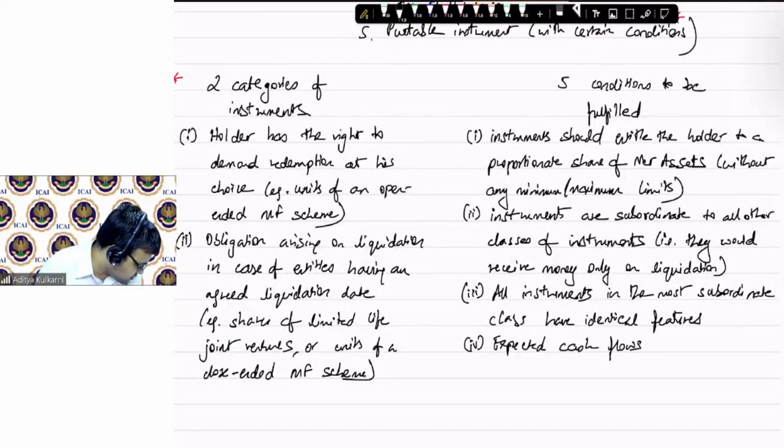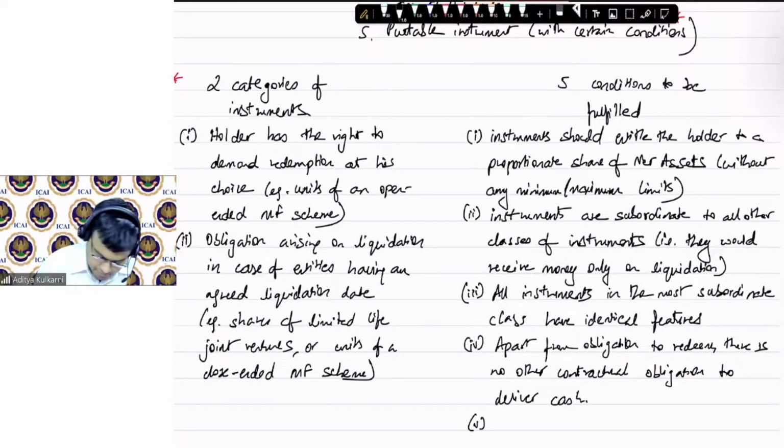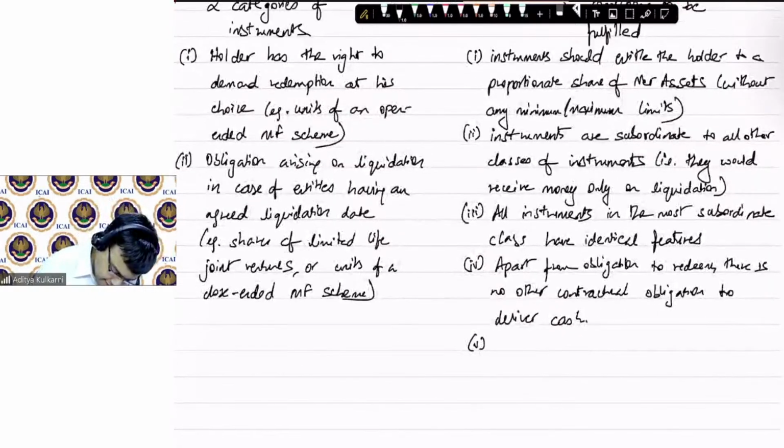Expected cash flows. Apart from obligation to redeem, there is no other contractual obligation to deliver cash. And fifth one, expected cash flows